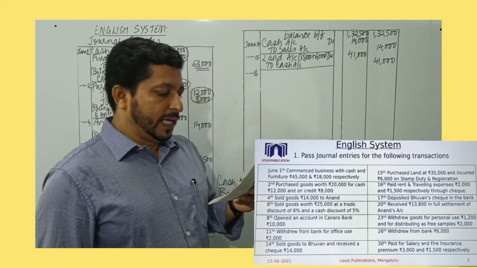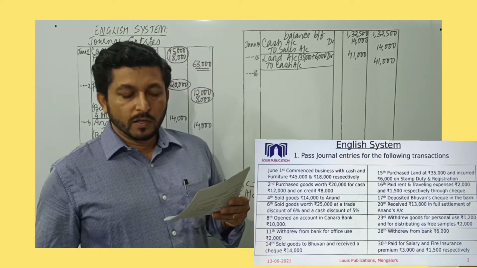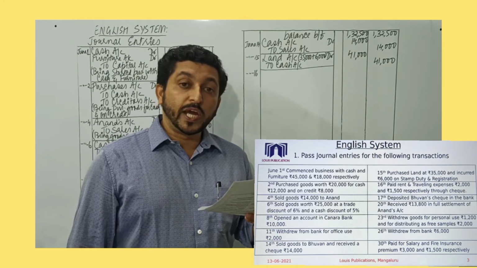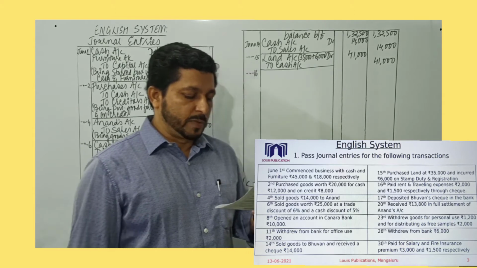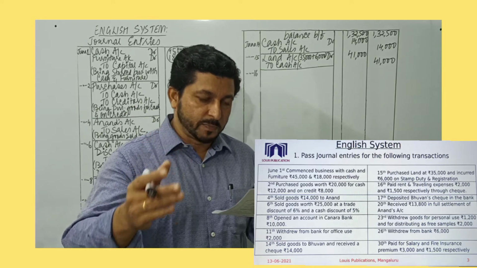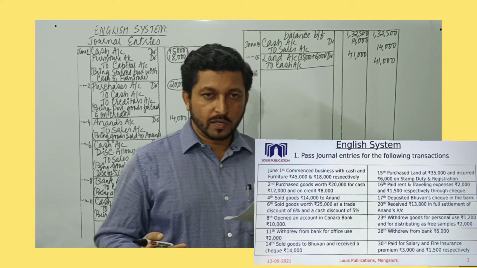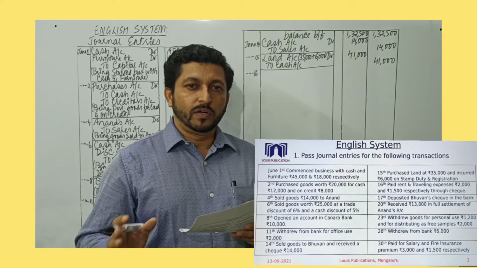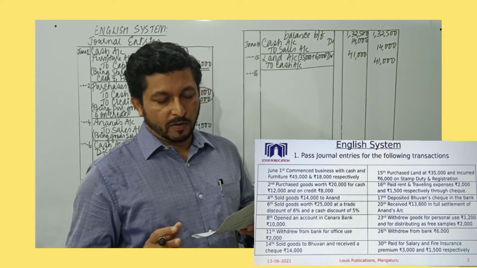Paid rent and travelling expenses, rupees 2000 and 1500 respectively through check. So business is paying rent, business is paying for travelling expenses, through check is given. So one of the accounts present is bank account, then we have rent account and travelling expenses account. Both rent and travelling expenses are nominal accounts because these are expenses. Another account is bank account because payment is made through check. So when the business is paying, bank account belongs to personal account. Bank is the giver. So bank account will be credited because it's the giver of benefit.